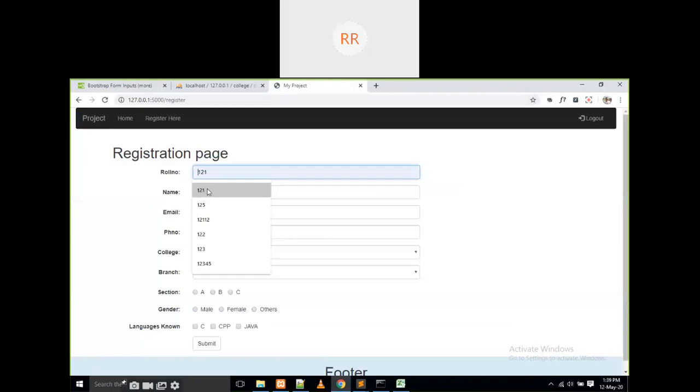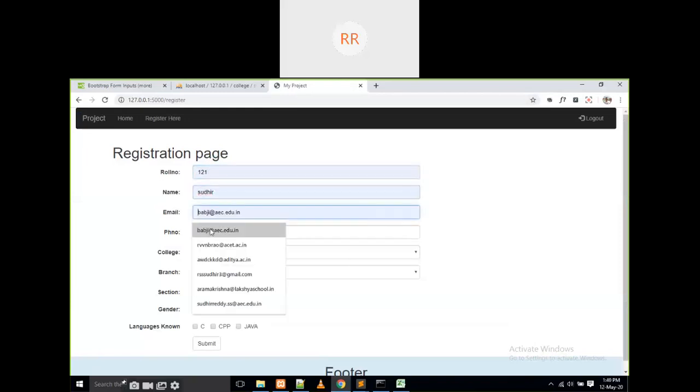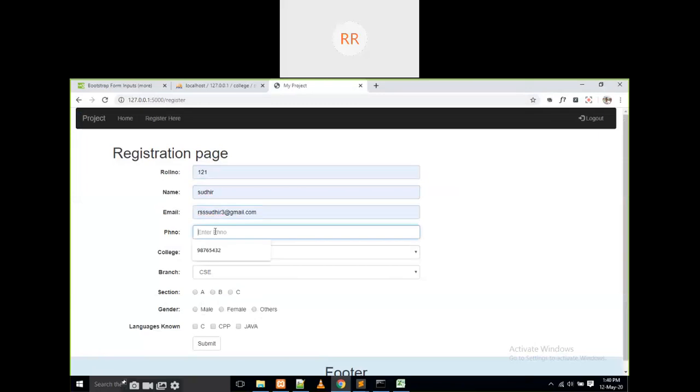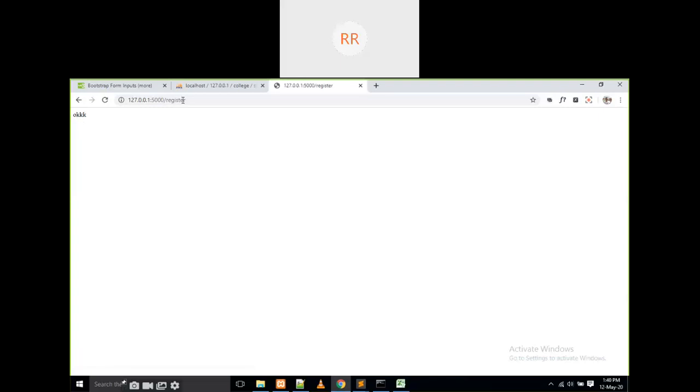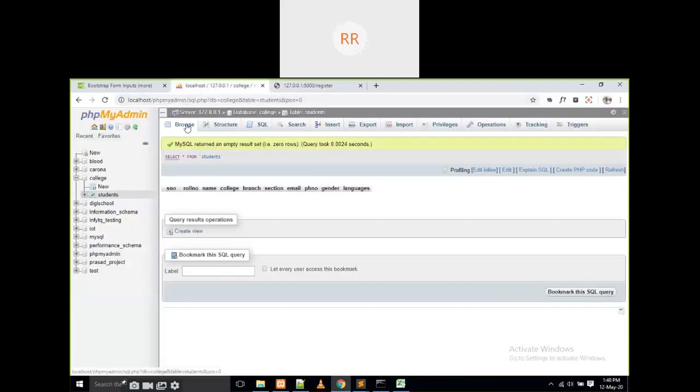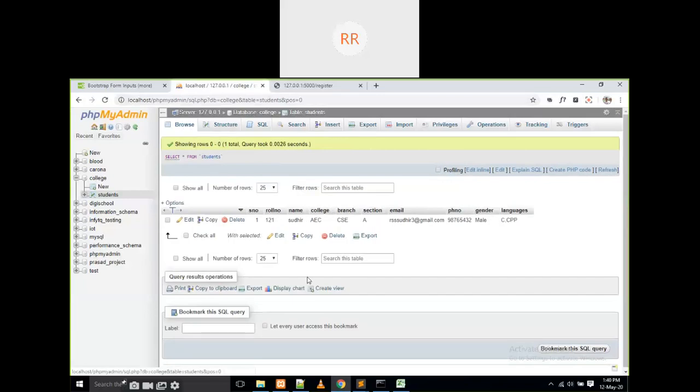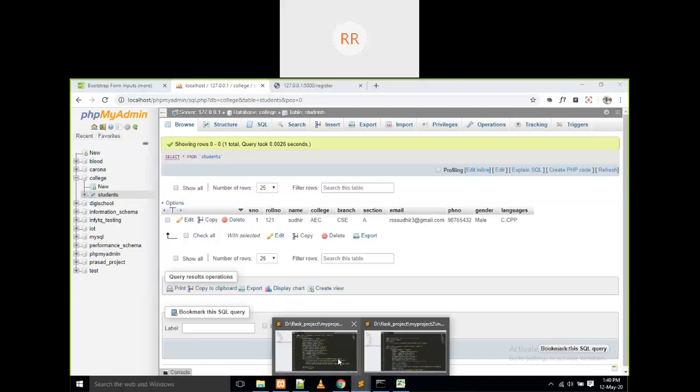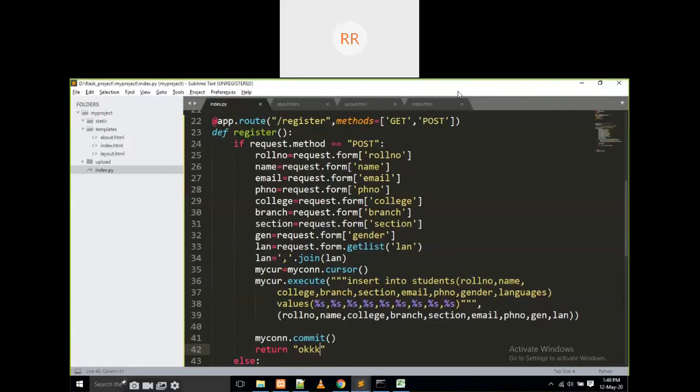Now I am going to add the data here. It is going to be like this. If you click on submit, it is going to give some okay here. If you observe in the database, the data is inserted like this, right? Is it clear, everyone? The data is coming into the database now. Yes, is it okay, everyone, what I am doing here? The data is going into the database.